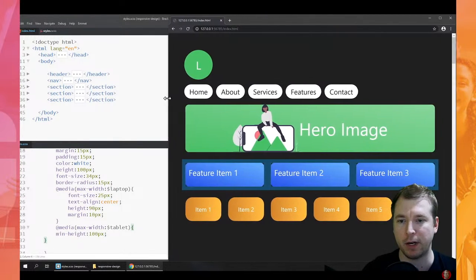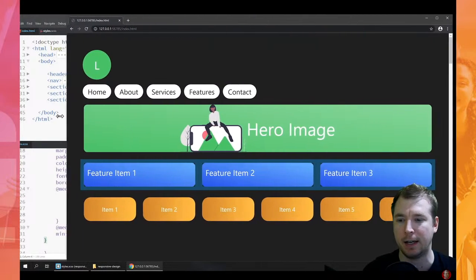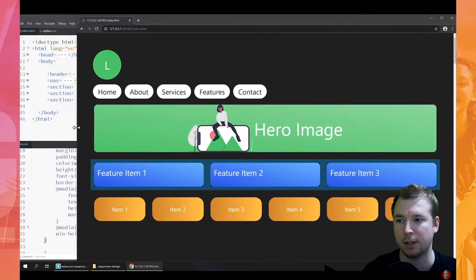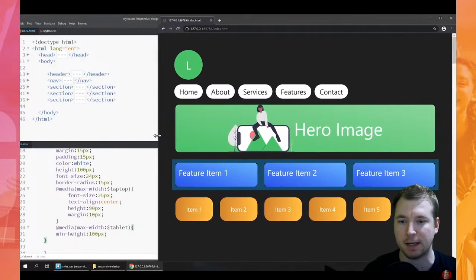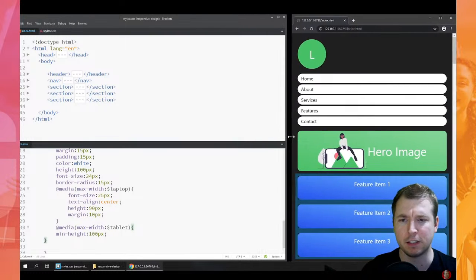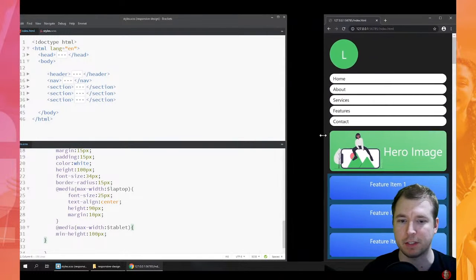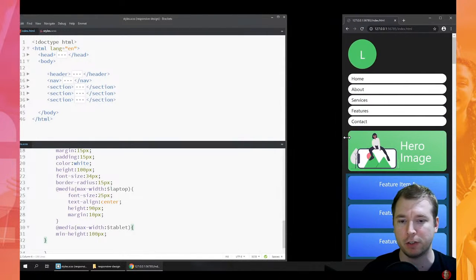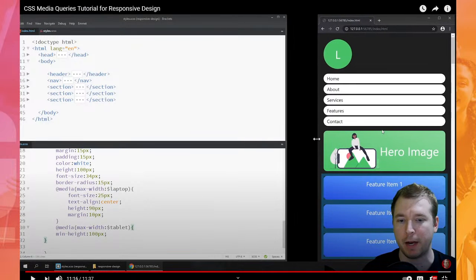And I think it's great to see that responsive design has a lot of fundamentals that you can apply to make sure that the design stays consistent, doesn't matter what kind of device you're on. This is just an introduction to responsive design, and I'm going to do a couple more videos in the next few days about